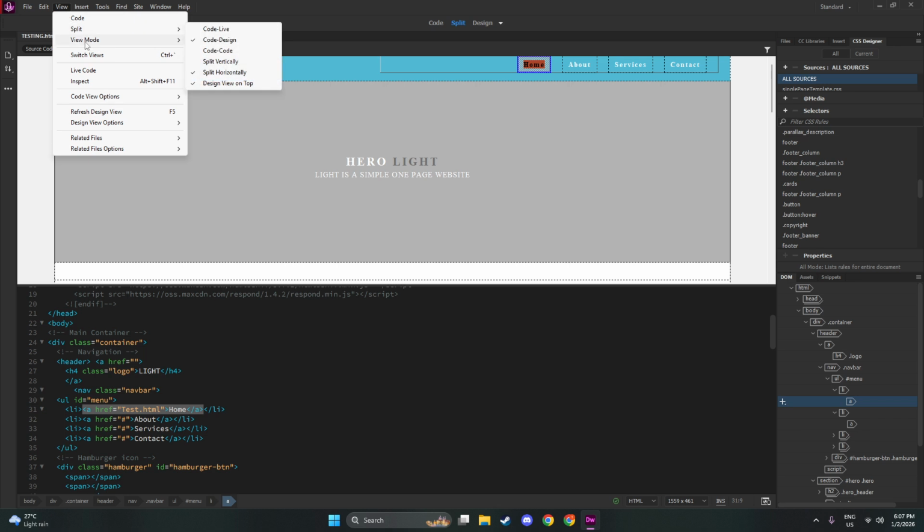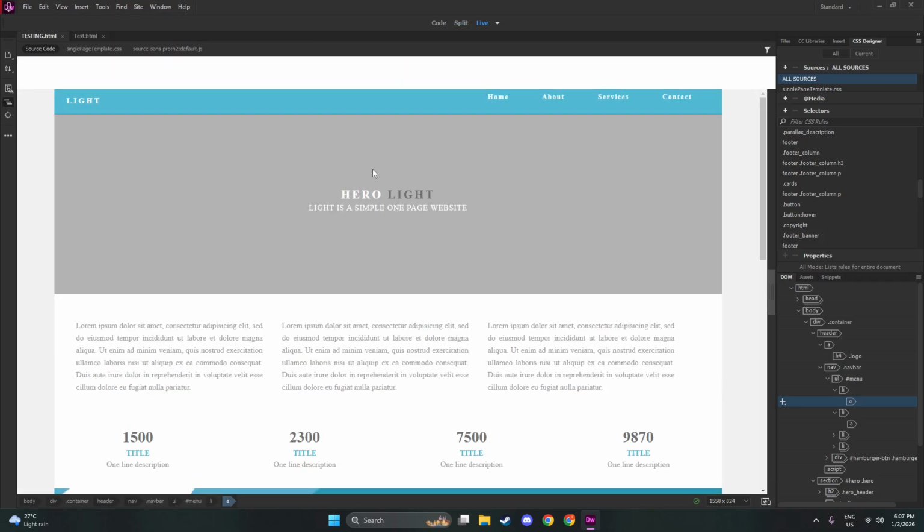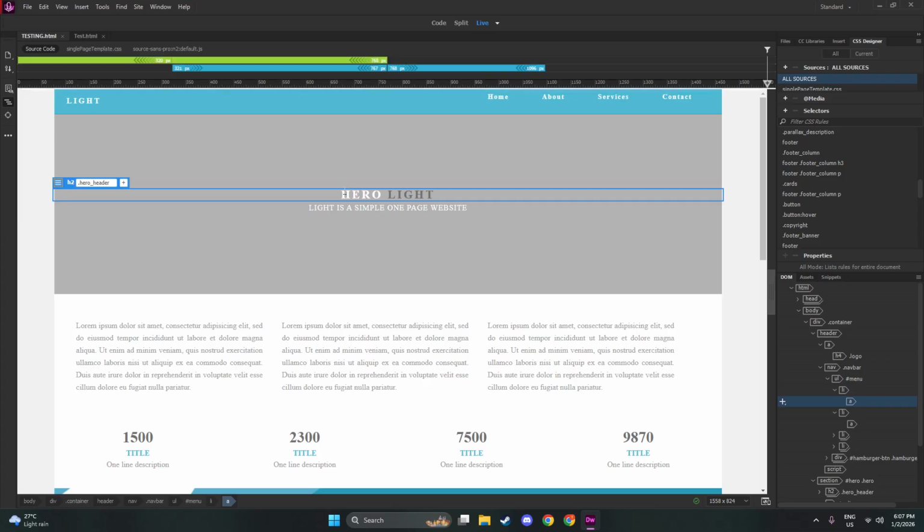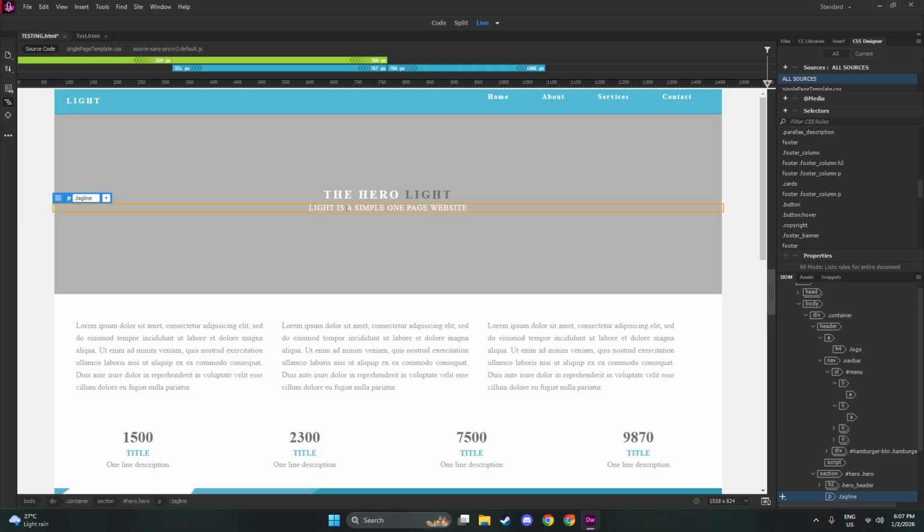You're now looking at your page as it actually behaves, but you can still make direct edits without jumping around between panels. Once you're in Live View, one of the most useful abilities is editing text right on the page. Click into a heading, paragraph, or any editable text area and start typing. This is great for quickly refining wording or fixing typos because you see spacing, line breaks, and wrapping exactly as